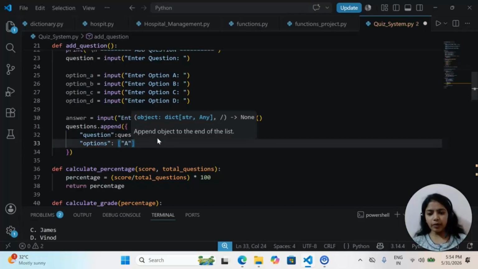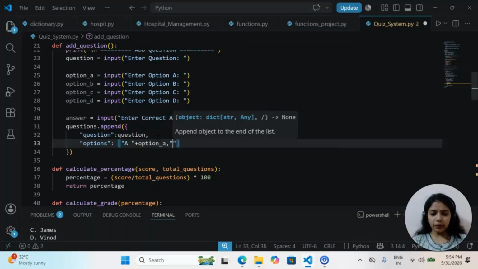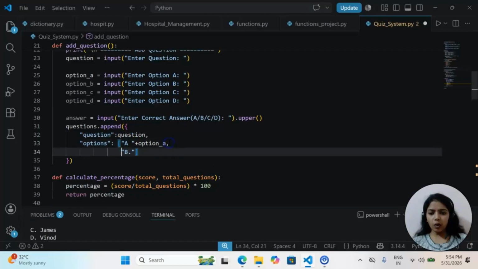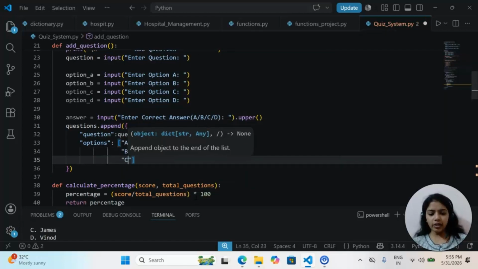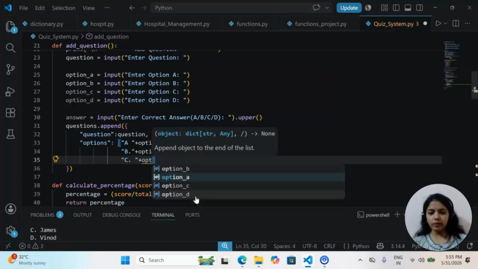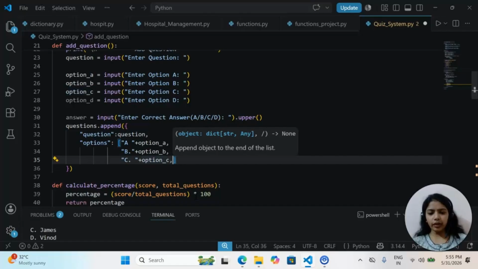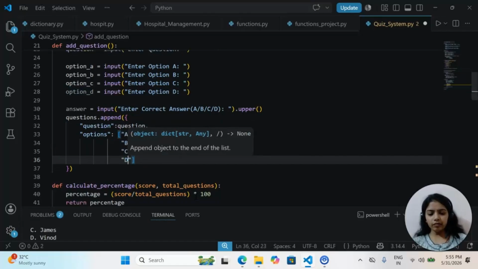So A, I'm giving here plus option concatenation, basically option A, comma, then B option we want to add, so we will give B dot, then comma here. We can write it like this so it will be more readable, plus option B, then comma here we will give C dot plus option C. Here we will give D dot